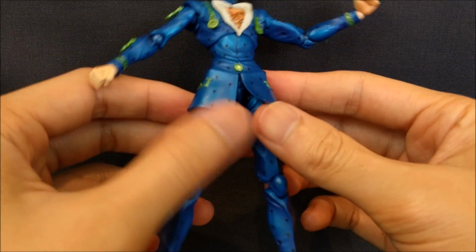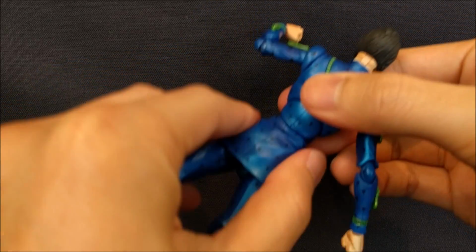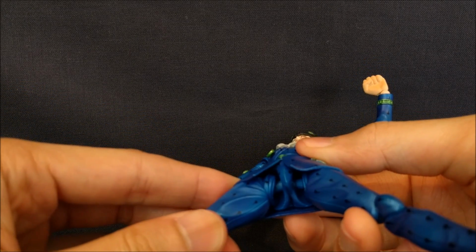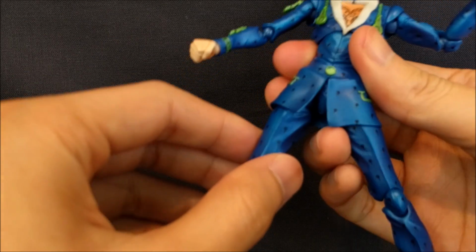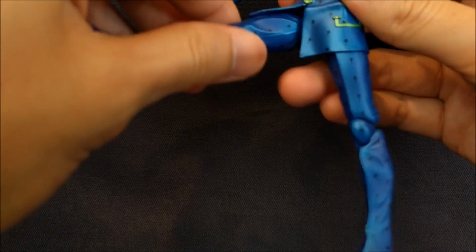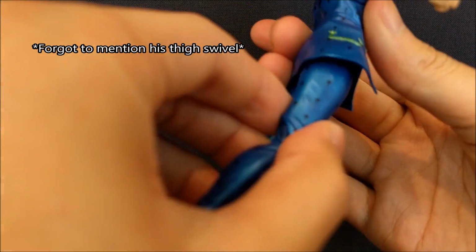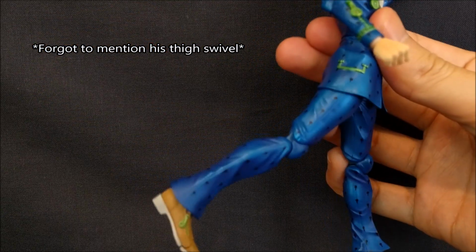And then this piece, this coattail, is actually a floating piece right here. So it is soft, and the legs right here look like they're regular ball joints. And so thanks to this being soft right here, it does get in the way a little bit going out, but for the most part you can still get the full range of motion going forward. Probably not so much going back because it doesn't split off like this, but I would say far enough back